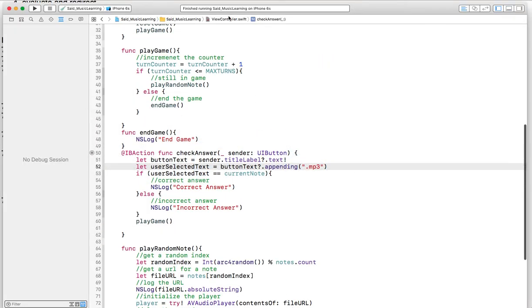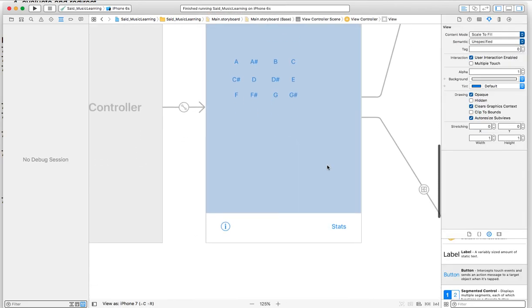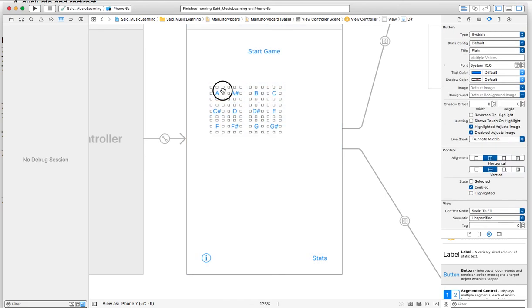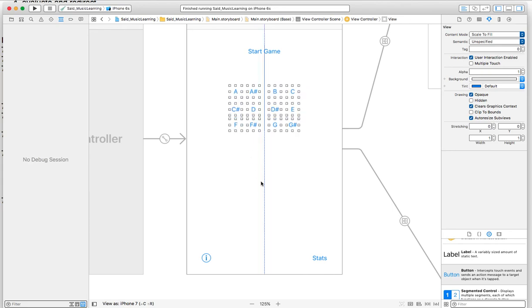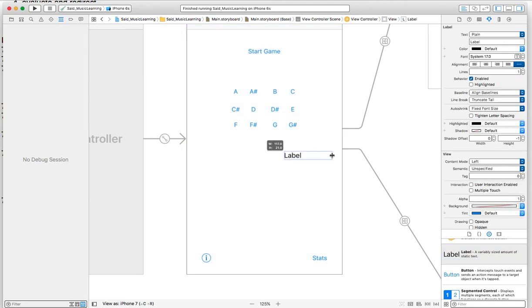So first thing, we make changes to the storyboard. So we'll need to add some components. And I need to move all of these to the side a little bit. So we need a label to provide the user with the correct answer or incorrect answer. So we'll delete the text on here, and then you can decide what you want the color to be. Then we need another label that will provide the number of turns,